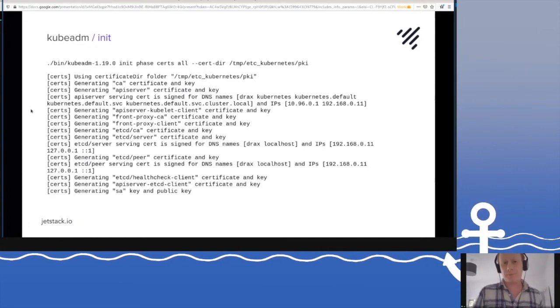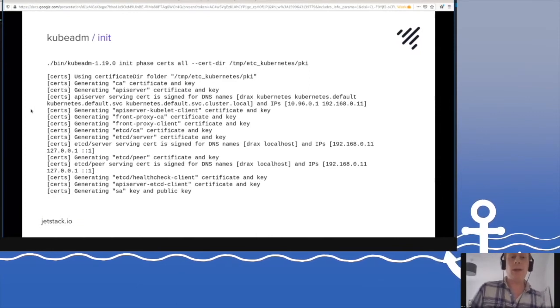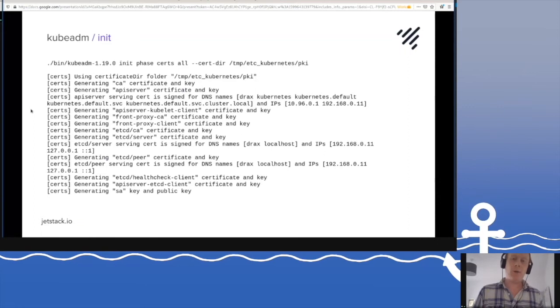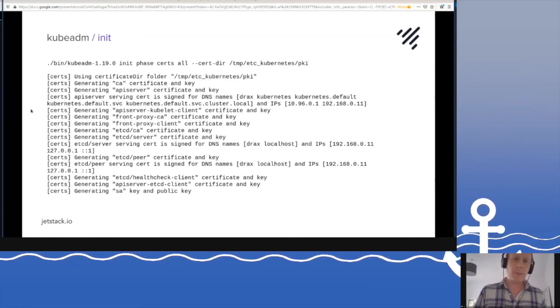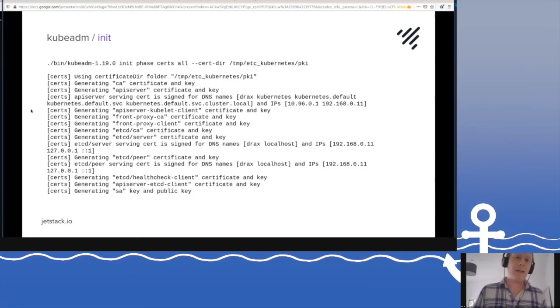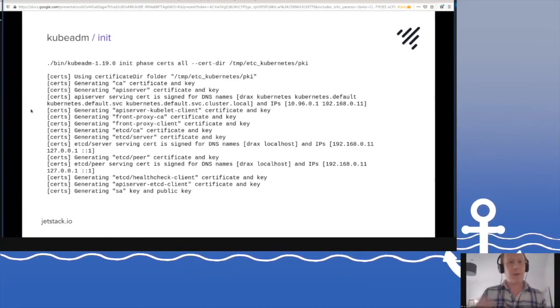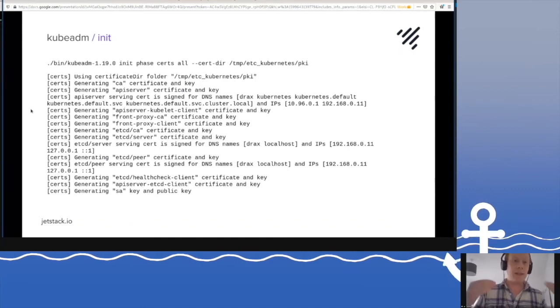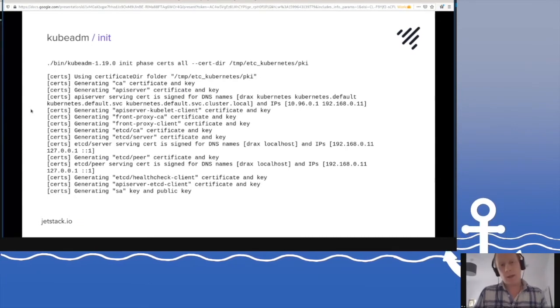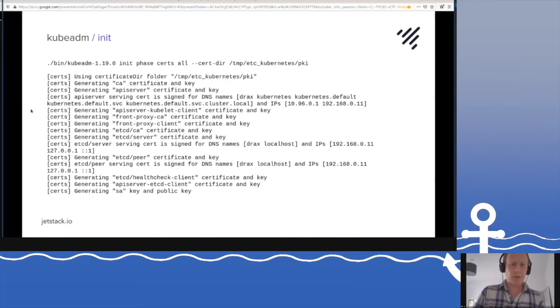So here's an example of using kubeadm init phase certs all, and using it to generate all the certificates and keys for the control plane components. And you can see that what it does by default is to create a self-signed CA certificate. That CA certificate is the first thing it creates, and it is the one used to sign all the other certificates, and also